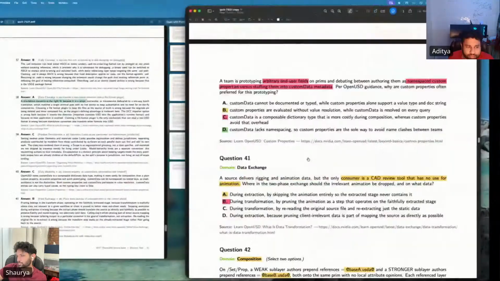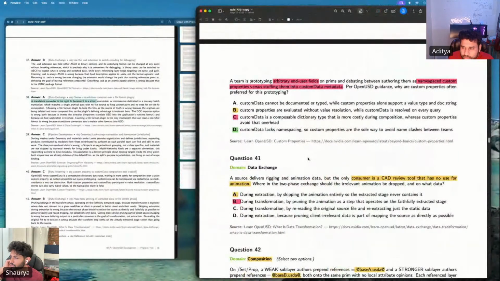All right, this one is done, and then 41 was okay. You said okay: during extraction, by pruning the animation as a step that operates on the faithfully extracted stage. Two phase exchange.